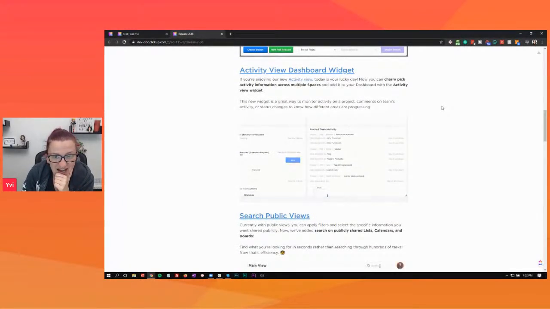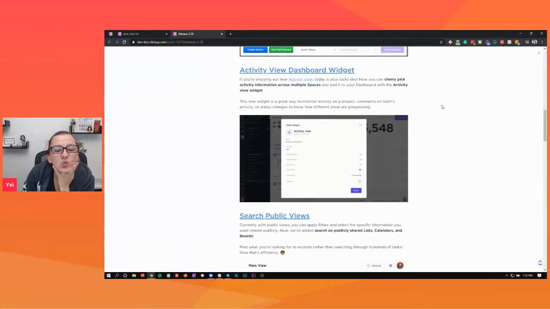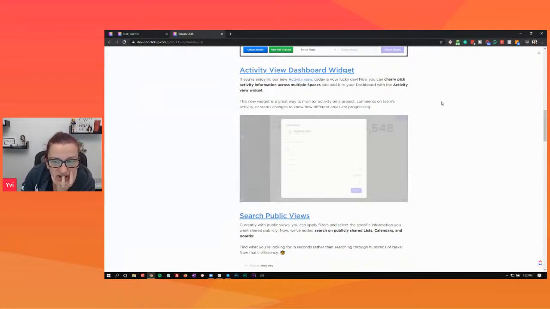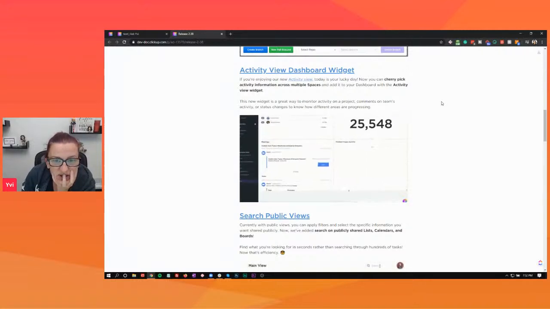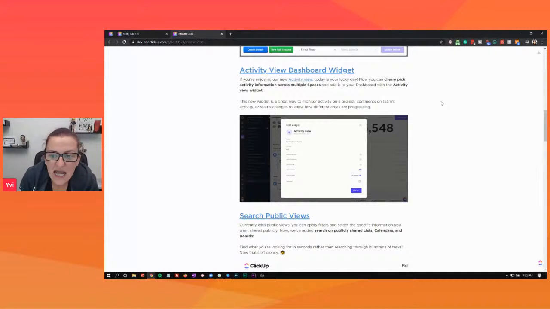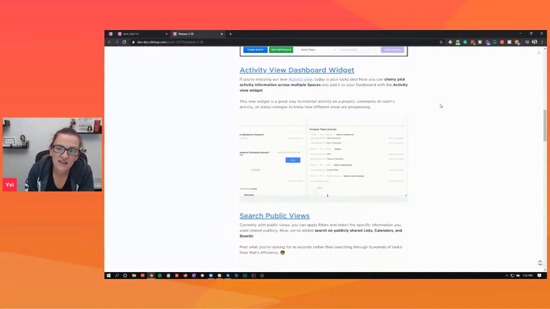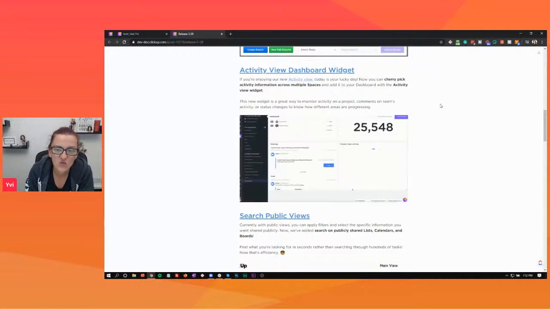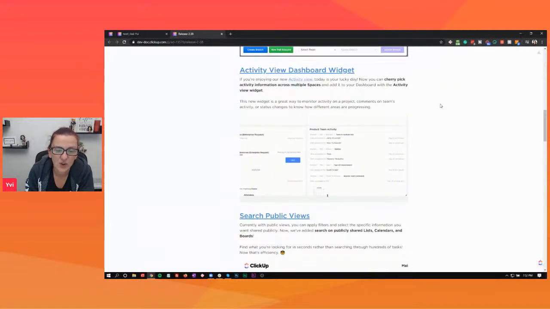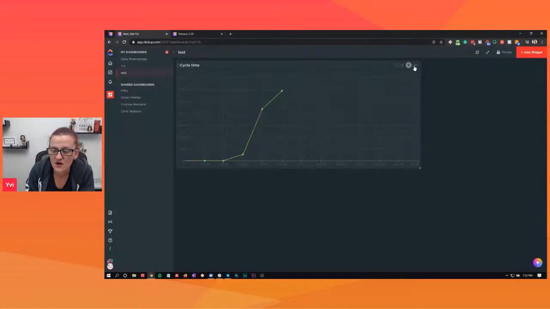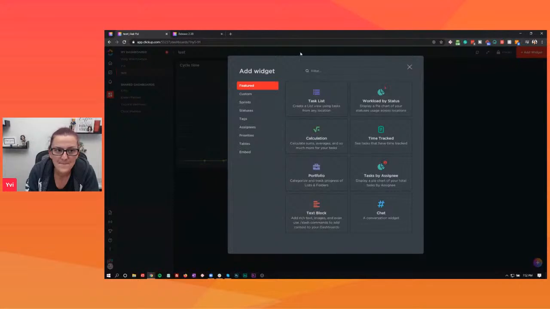Activity by dashboard widget. Ooh. If you're enjoying our new activity view, today is a lucky day. Now you can cherry pick activity information across multiple spaces. Sweet. Now this is perfect for tracking my client process and what they've been up to. Ooh, Karen has been working on her. Let's plug that in here. You don't need to see all of her work, but